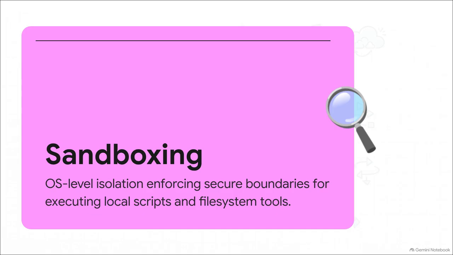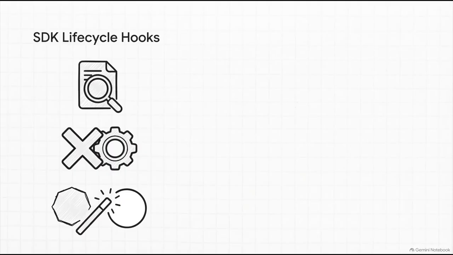Your machine is safe. Inside that shield, the SDK basically gives you superpowers through programmatic interception hooks. You have inspect hooks for silent telemetry auditing that doesn't slow anything down. You've got decide hooks acting as blocking middleware, so if an agent attempts unauthorized file access, the policy just stops it dead. And transform hooks let you dynamically scrub out passwords or rewrite payloads before they ever hit the model, keeping your credentials completely locked down.